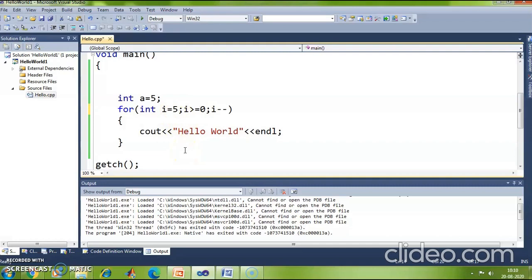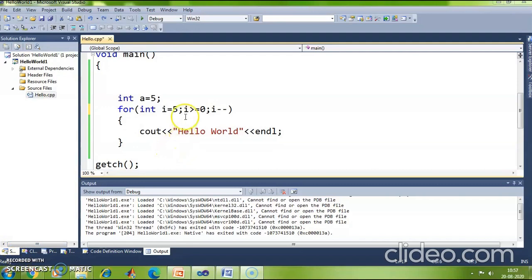So the output would be hello world displayed 6 times. So you see the difference when I change my initialization variable, when I change my conditional check variable, right? The output depends on these parameters. So you have to intelligently think of the parameters that have to be set in order to determine your output.